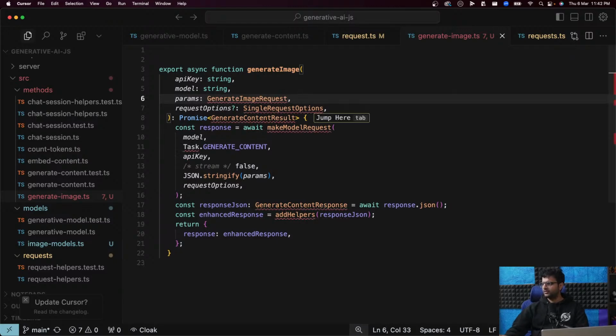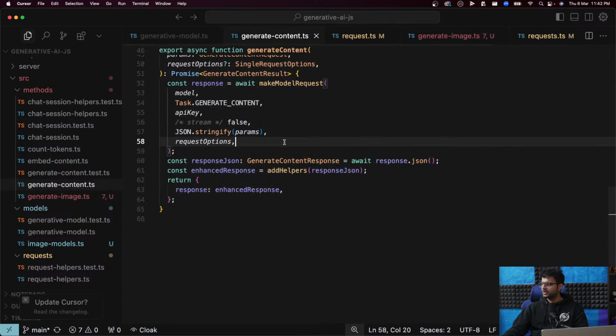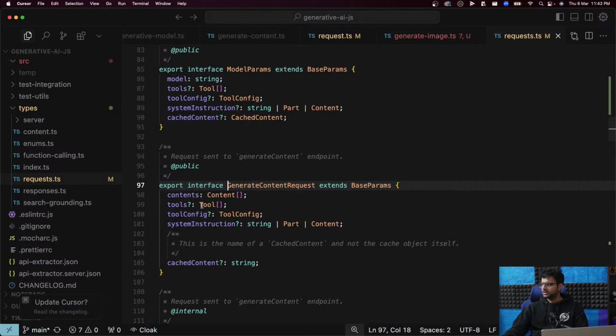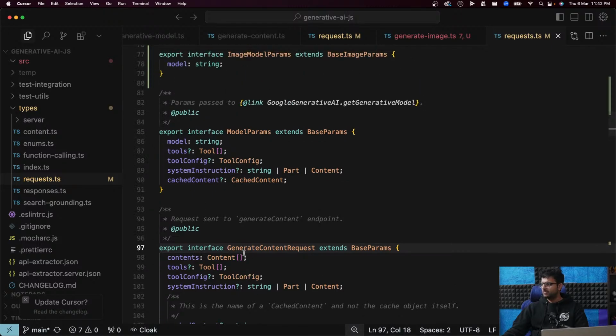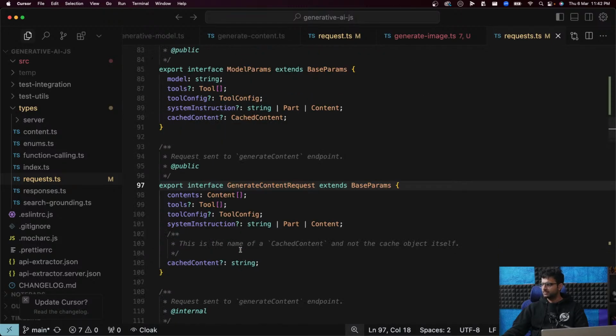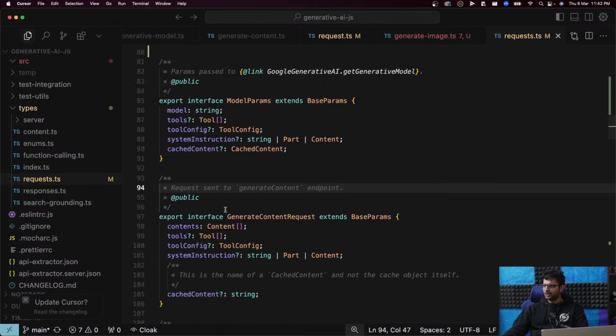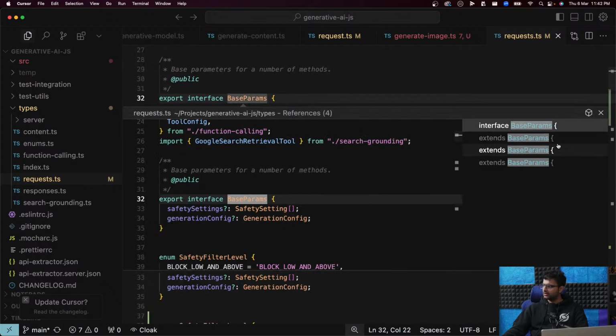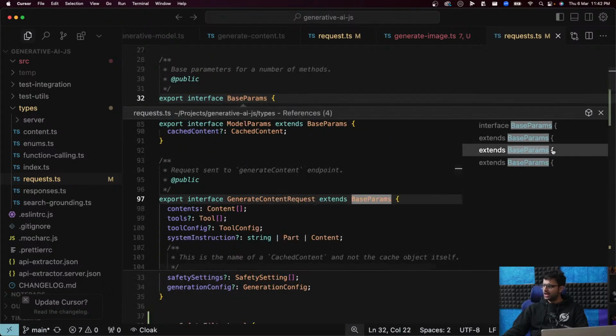Do we not have this already? Generate content request. We did add model parameters. A request sent to the generate content endpoint. For us, do we need a separate model params and generate content request, or do they look the same?